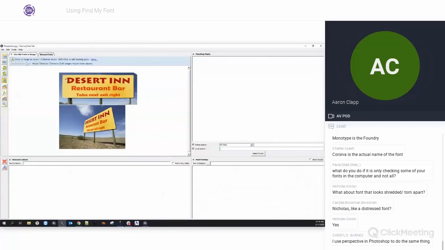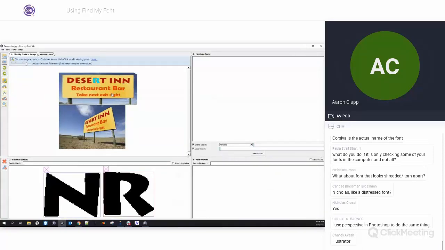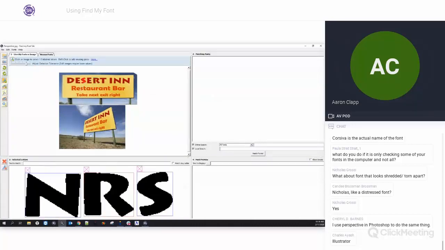Over here, the letters are a little bit blurry, yes, but that's going to be fine because the software is smart enough to figure that out. I'm going to grab my letter selection tool. I'm going to collect one of the N's because that's probably the clearest one. I'm going to grab the R, and then this S is a pretty distinctive letter inside that font set, so I'm going to grab that one too. And that's really all I need. So NRS in caps,